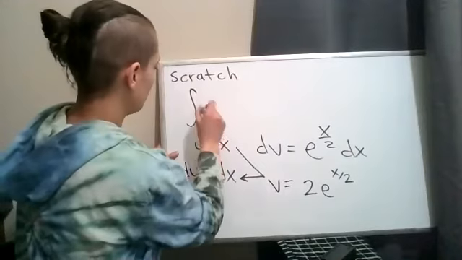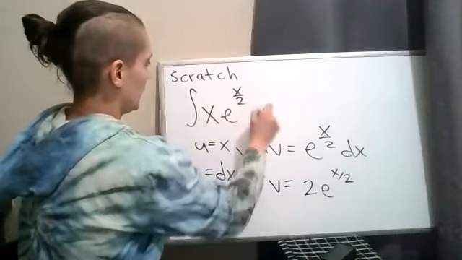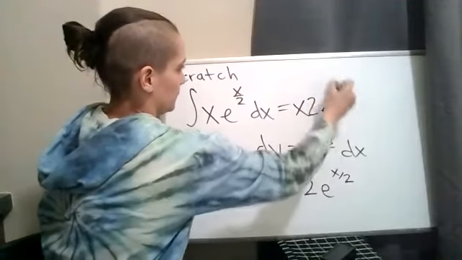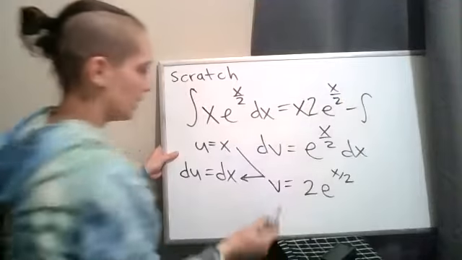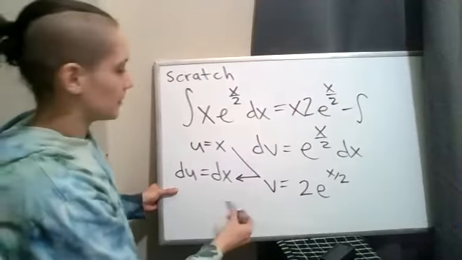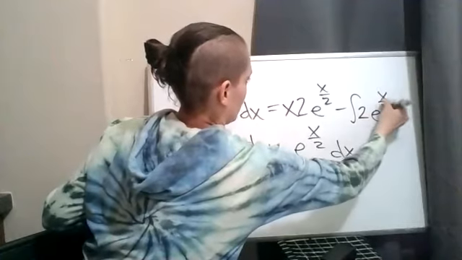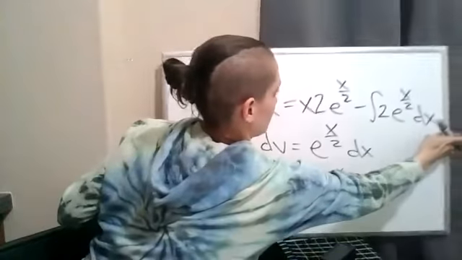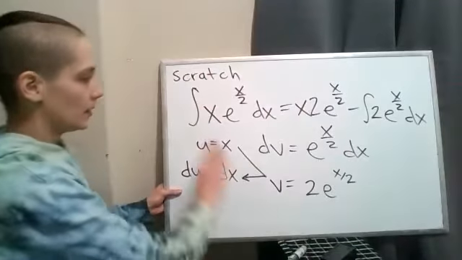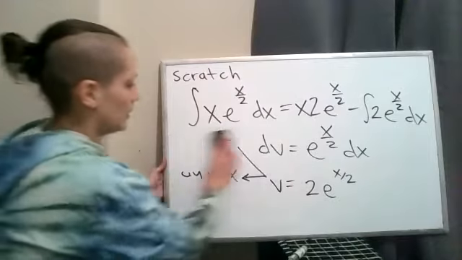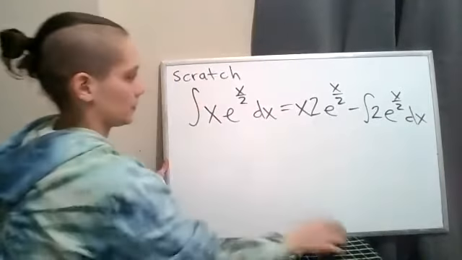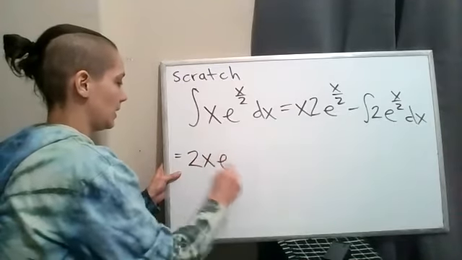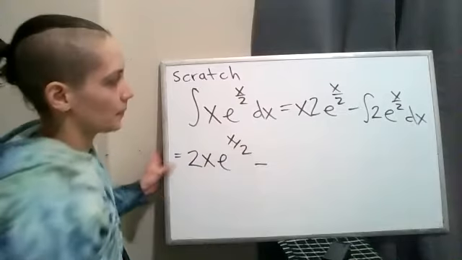The integral of x e to the x over 2 dx is x times 2 e to the x over 2 minus the integral of 2 e to the x over 2 dx. So we had 2x e to the x over 2 minus